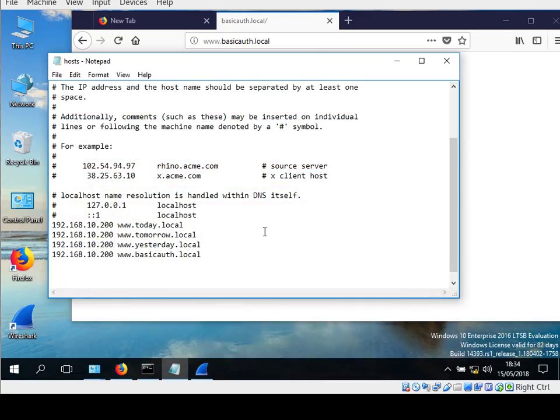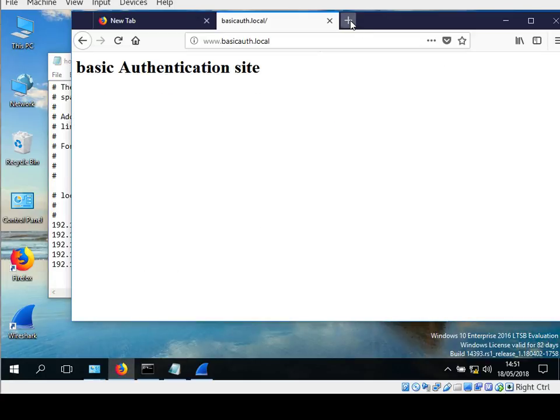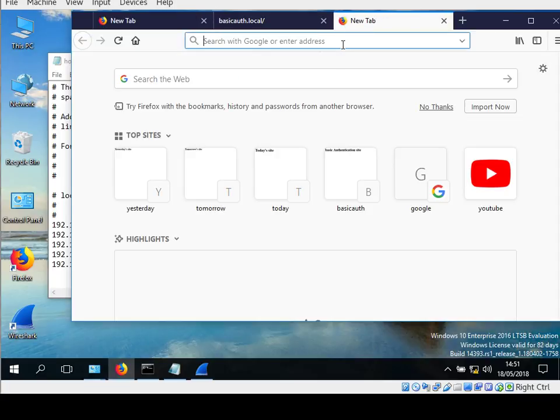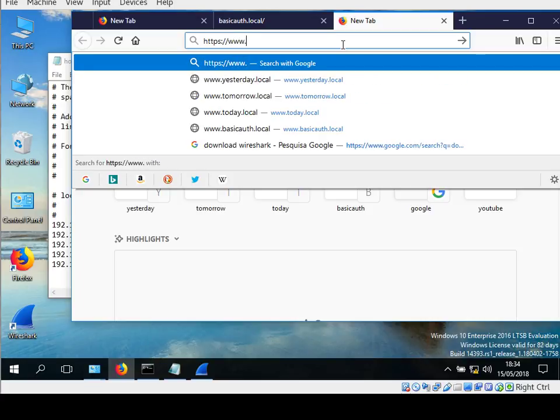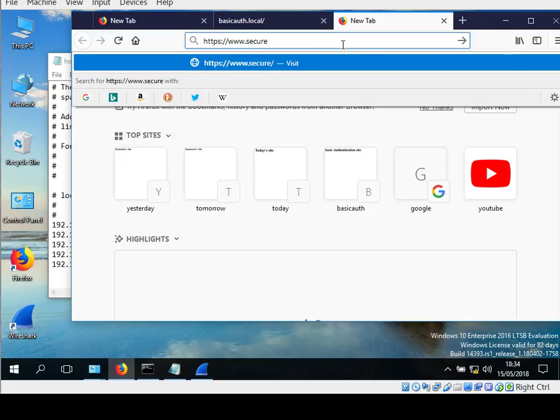And let's add here another entry on the Windows hosts file. This is for secure HTTP, right? And let's save it. And right now, if you press HTTPS secure http.local,